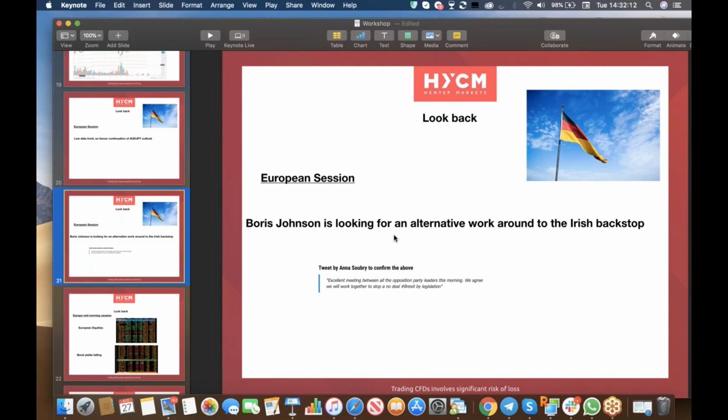So Boris Johnson is looking for an alternative workaround. A key thing to look for in the market for the pound is, has a solution been found to the Irish backstop? If the EU accepts a solution, then we're going to see the chances of a deal really rapidly progress. If there's no alternative to the Irish backstop, then